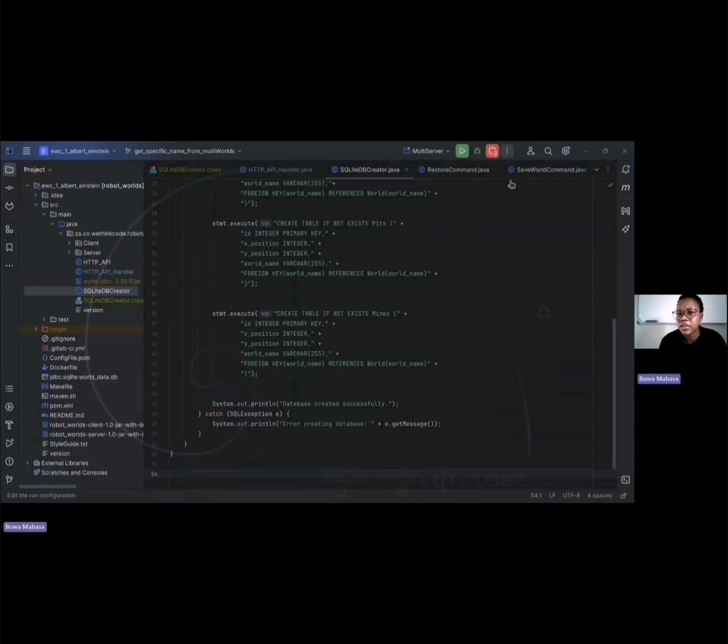So this is the server. We are on the server. Let me stop this. Okay, so let's configure our world. Remember when I said that we have the default one. The reason why I won't be using a one by one world is because in the one by one world you can't have obstacles, you can't have pits, you can't have mines, you can't have anything, even the robots, because it's too small. So let's make our world a bit bigger,